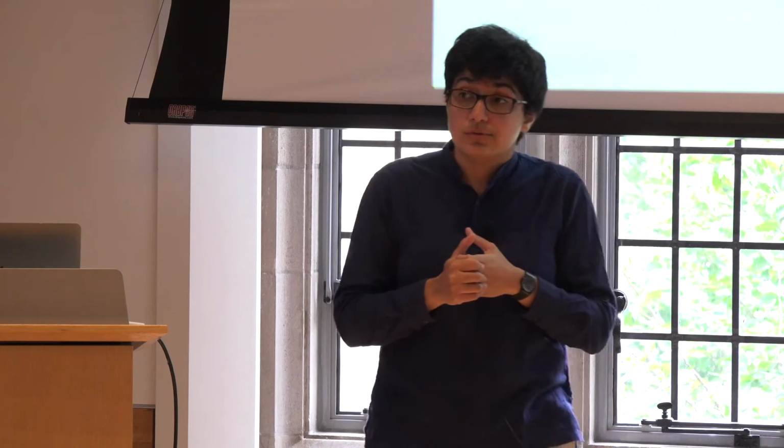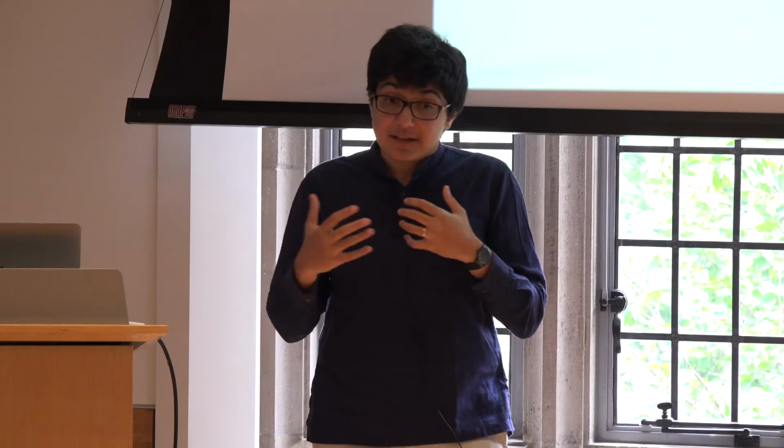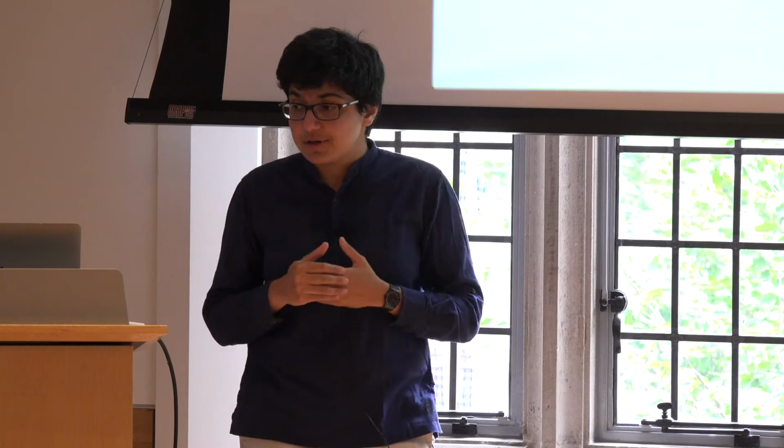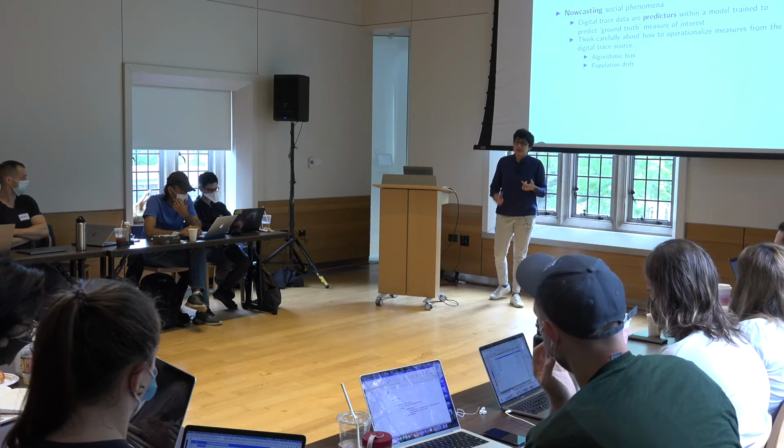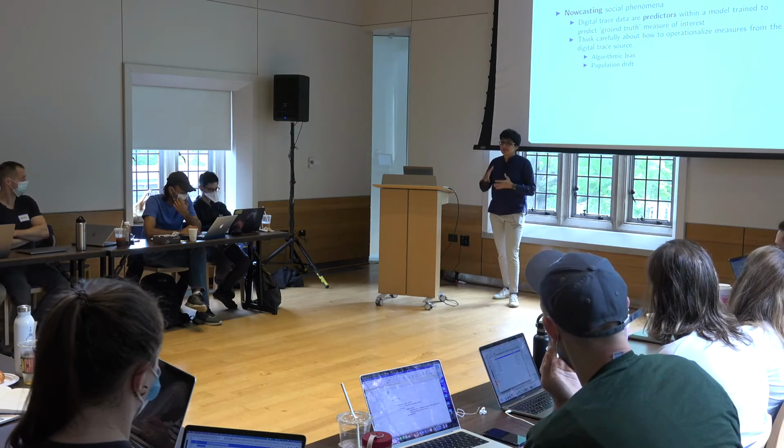So one thing we might want to do in a nowcasting exercise is think hard about, right, that we want to keep our measures perhaps confined and theoretically driven to the outcome that we actually want to predict, such that there's a sort of link between the predictor and the measure that we are interested in, or the phenomenon that we're interested in. The other thing we should consider is that algorithmic bias isn't just that algorithms confound